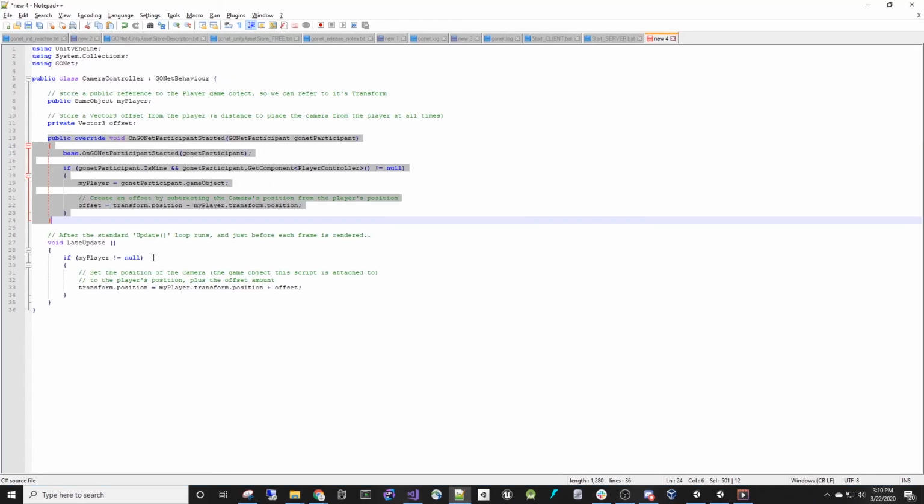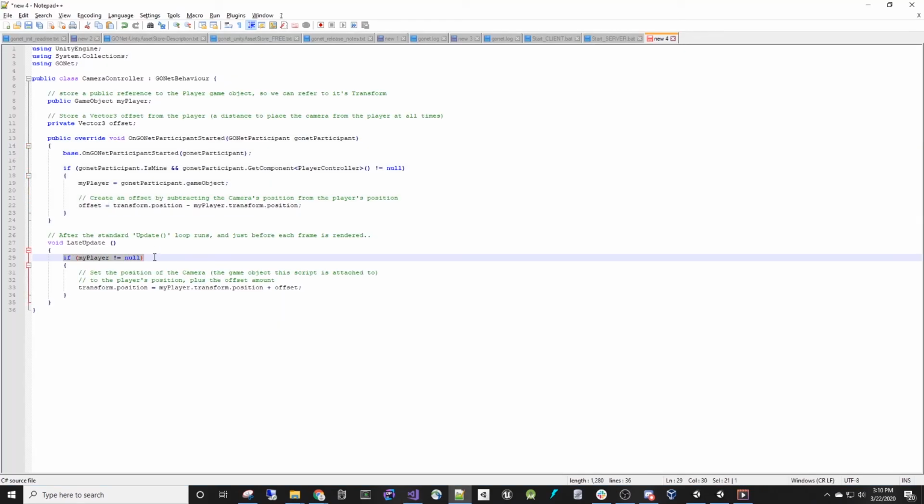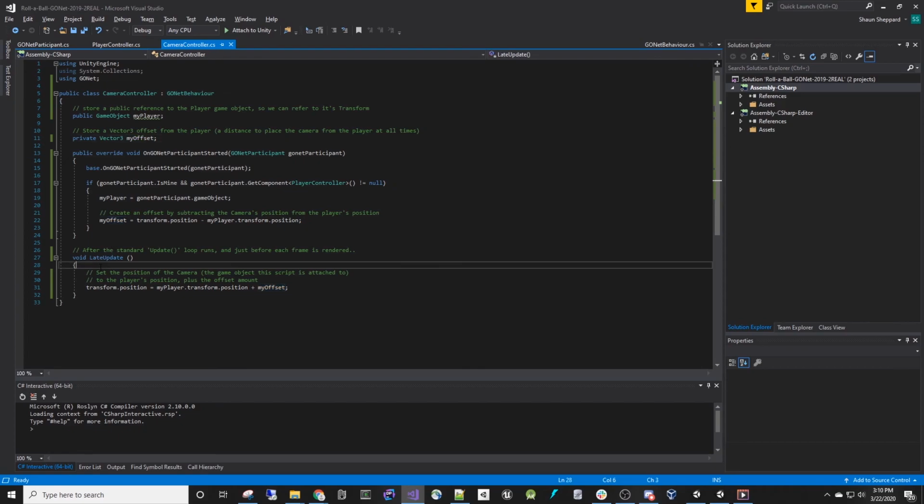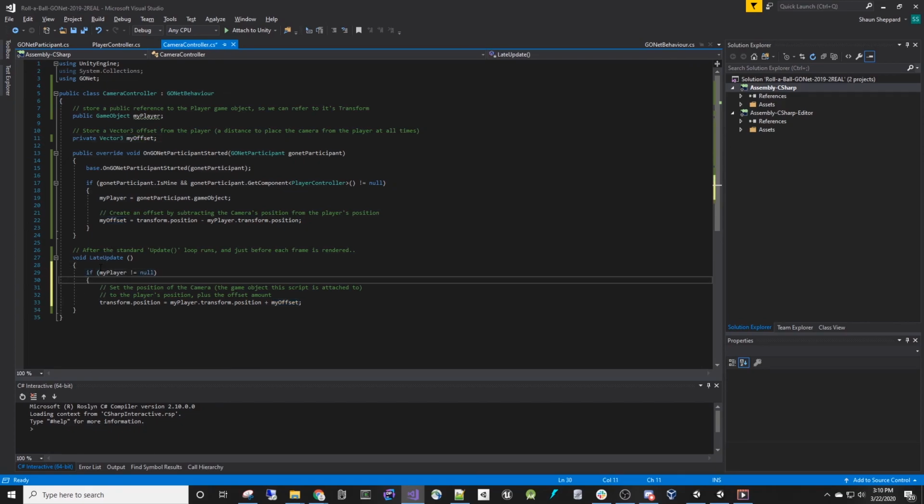So now the only other thing is to put that guard check around to make sure that we're dealing with a non-null my player, because the other player might spawn in who's not going to be mine, so this my player wouldn't be set. So we only want late update, which is called every frame, to be updating his position based on his offset if it's my player. So now we're pretty set, and my player doesn't need to be public anymore because it's not set in the